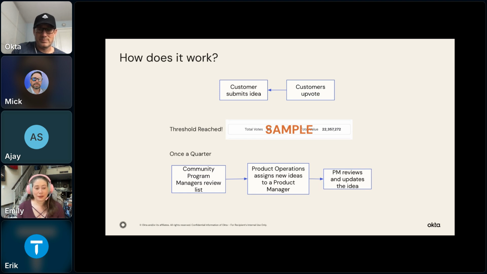And then we review and update your idea. Sometimes the idea is really great, but we can't prioritize it above something we already have in progress. And so sometimes things seem to stay in product review for a long time before they hit the roadmap. It doesn't mean that we're not looking at every single thing that comes through.